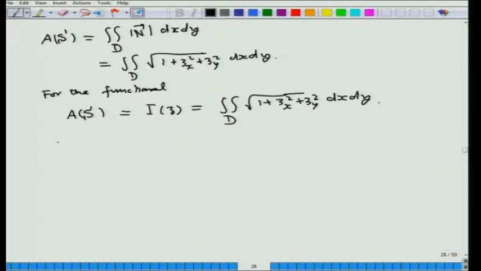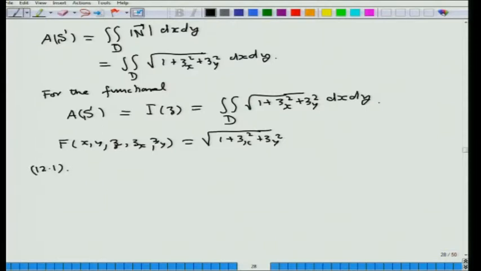And so here f, which is f of x, y, z, z_x, z_y, in this case is the square root of 1 plus z_x squared plus z_y squared. And so this 12.1, that is